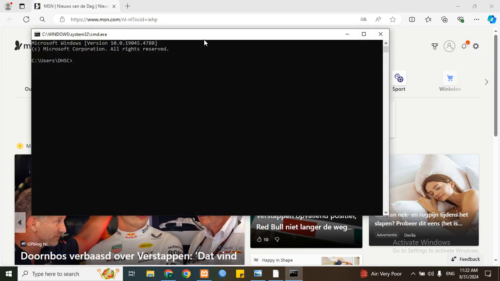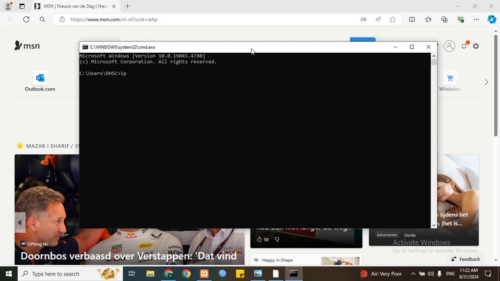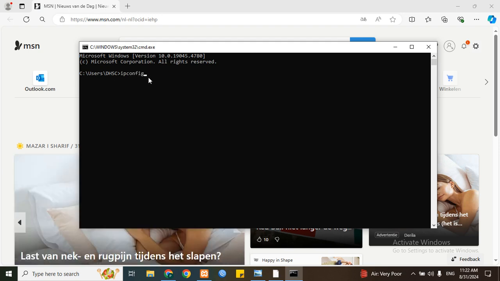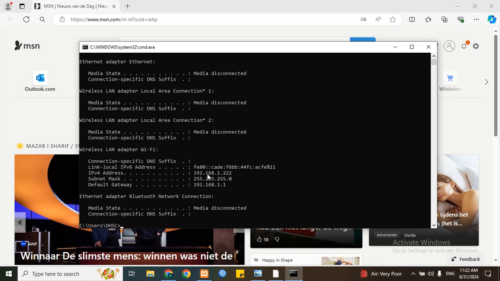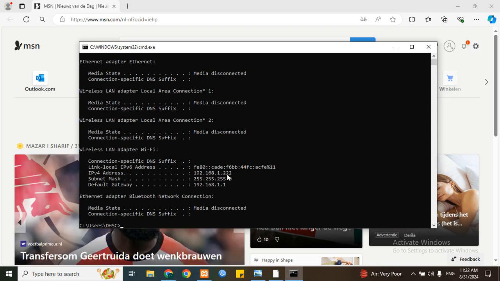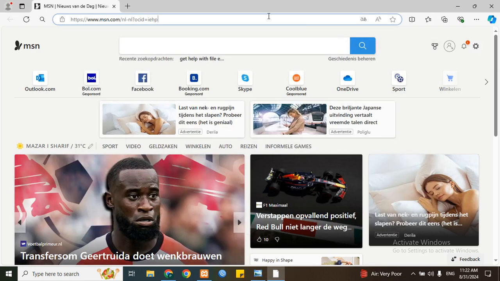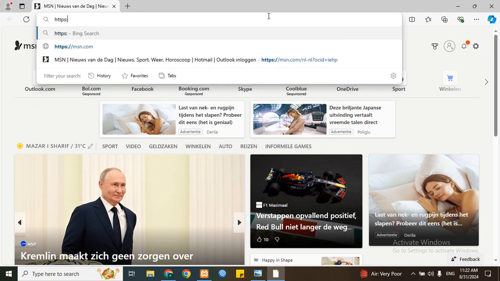Now how to find out your IP address is that go to ipconfig inside your CMD and it will find out your IP address. You can see 192.168.1.22. Now you can go to the other PC and you can write down this